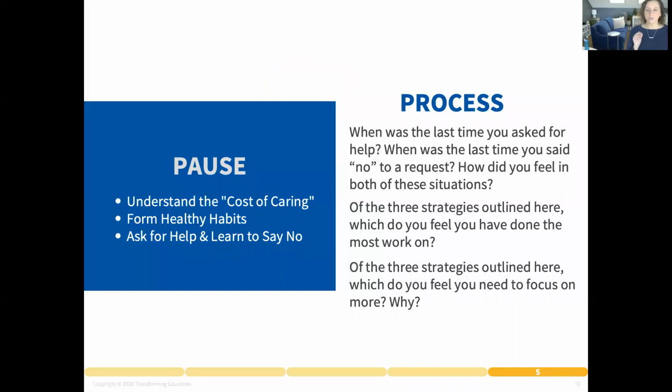So let's pause for a second and process to internalize some of these ideas. Thinking first, when was the last time you asked for help? When was the last time you said no to a request? And how did you feel in both of those situations?